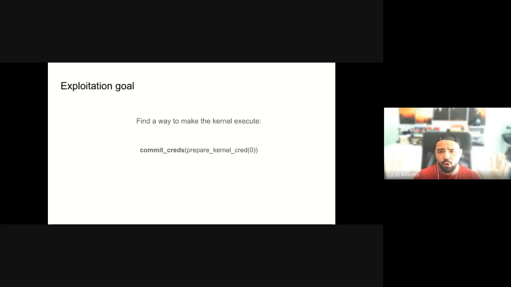So the whole goal of the exploitation, for privilege escalation, is to get to this: it's called prepare_kernel_cred and commit_creds with 0. That would make the current context become root, become administrator on the system, right? So in most local kernel exploits, the goal is to call those two functions within the kernel. You cannot call them from user space. You need to find a way within the kernel to get that executed,